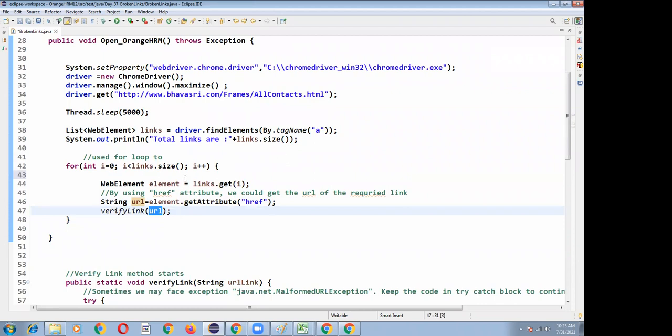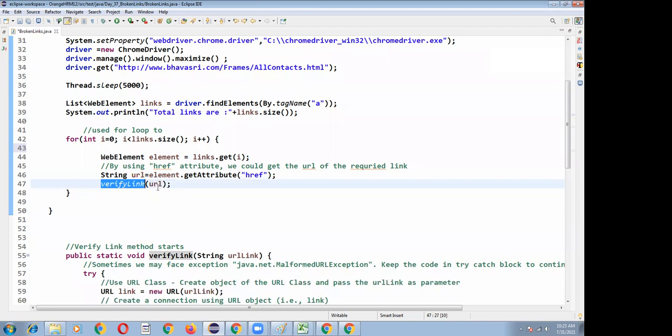Similarly, for the second hyperlink, element.get(1), the second hyperlink value comes and I can verify whether it is working. And when i is 2, links.get(2), the third hyperlink is evaluated and its URL is stored in this variable. Like that, I'm verifying every URL.